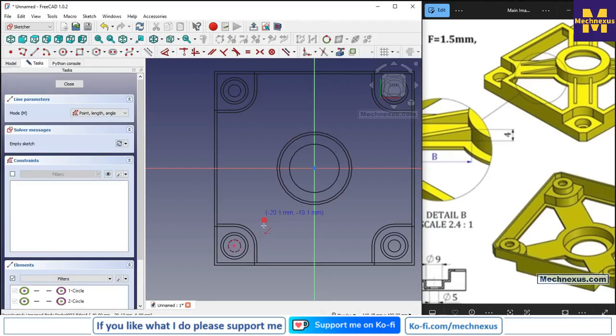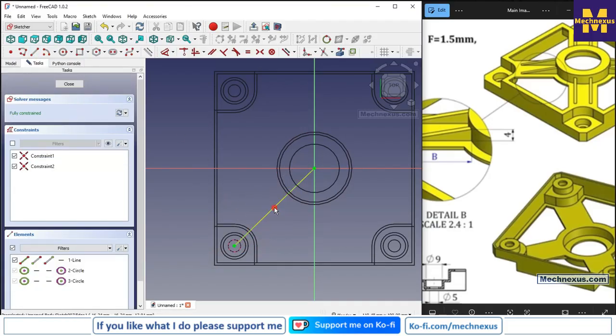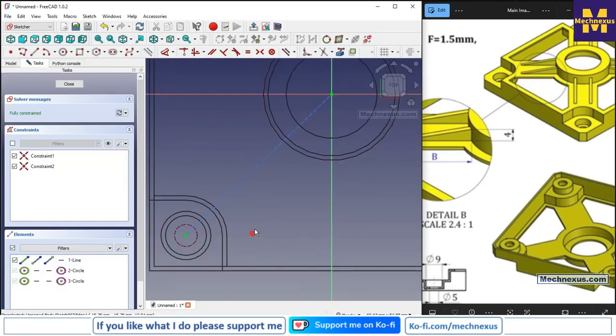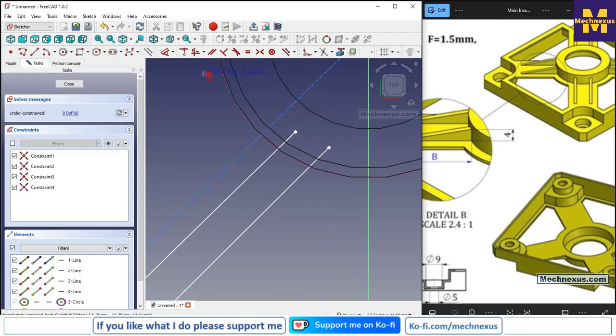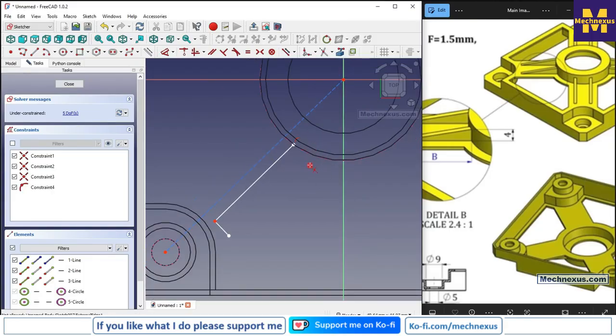Now I will select a line tool, select this point and create a line, but I will make it a construction line. Now here I will select a polyline tool. I will create a rough profile, and now I will click on trim entities to trim this line, this line. So here I will press Ctrl Z, and